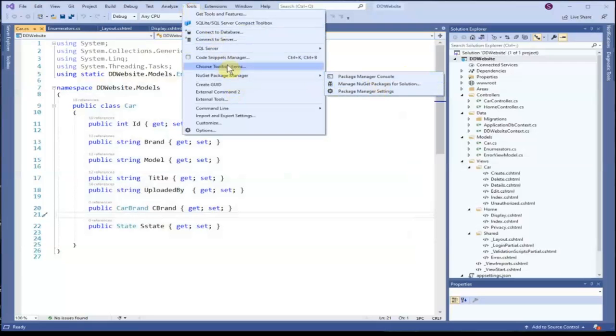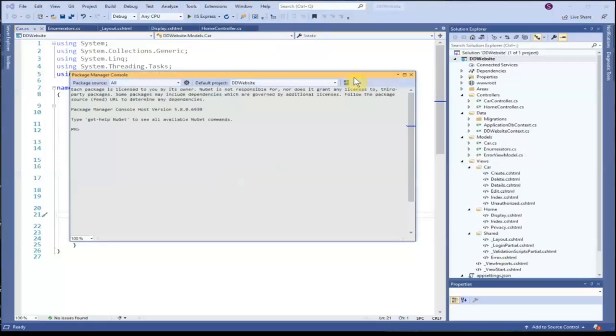So go to Tools, you get Package Manager Console, and we'll say add migration. We'll say second,